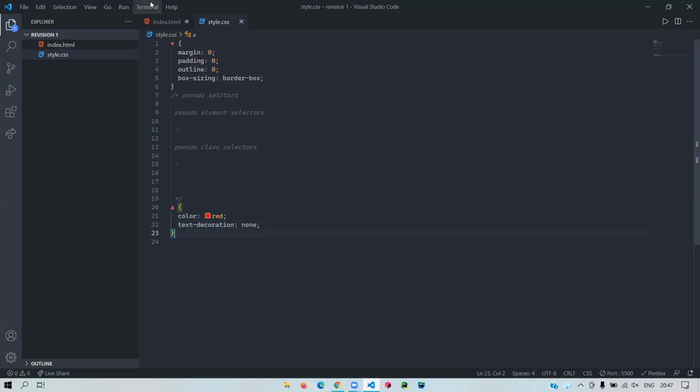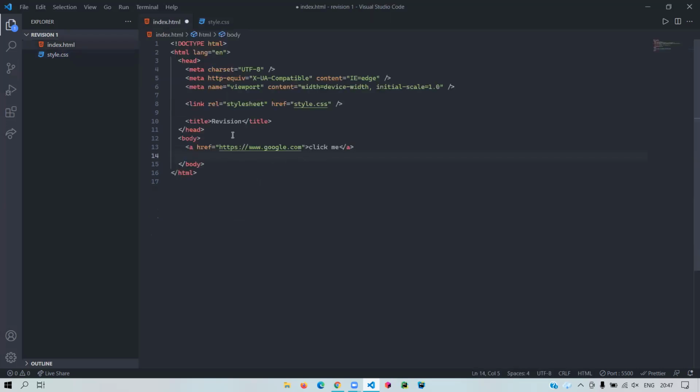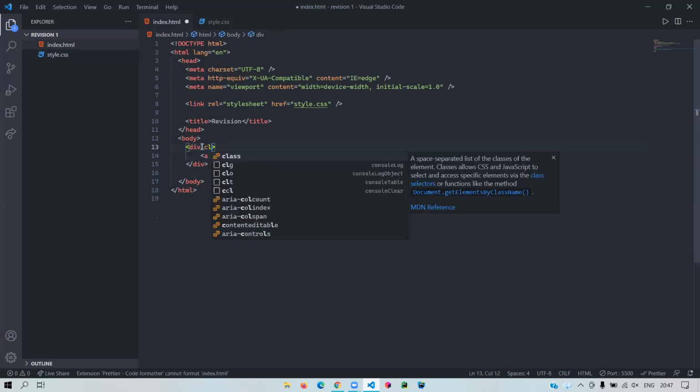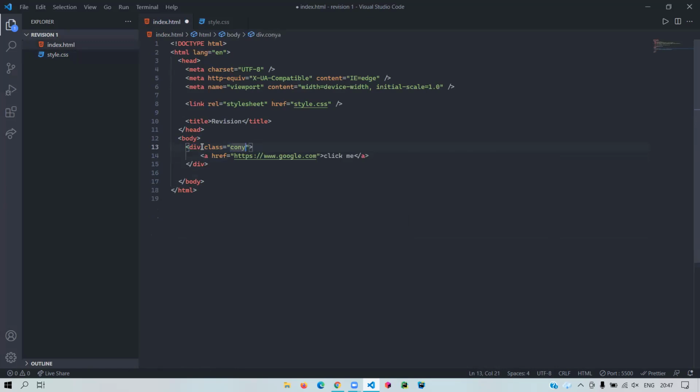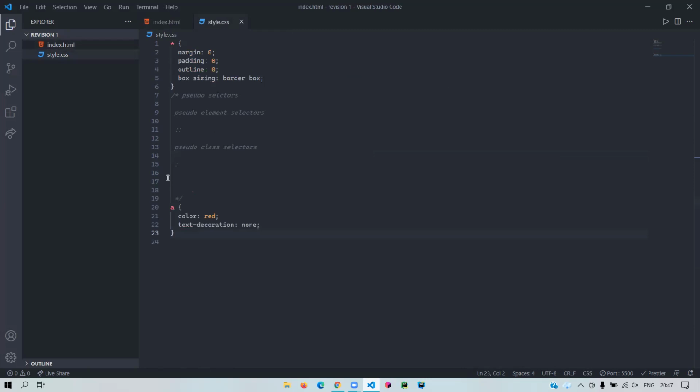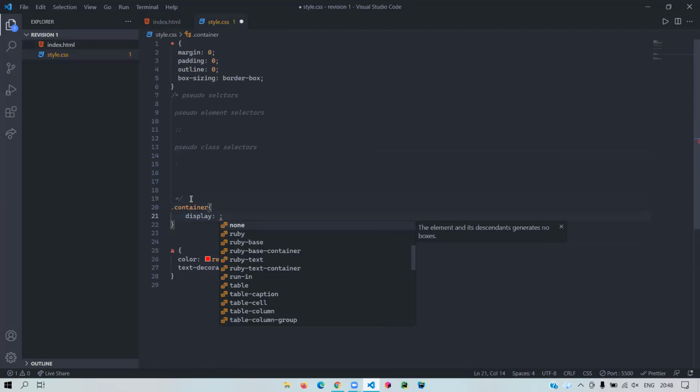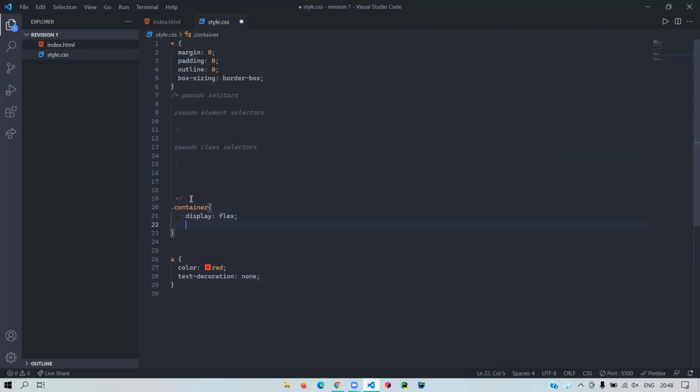Okay, and let's say I want to change the position. I'll put this inside a div, and I'll create a parent element selector, a class basically. Okay, don't worry about display flex right now.